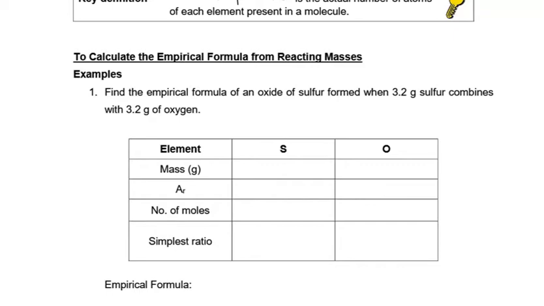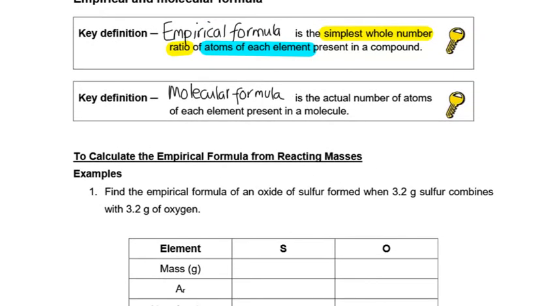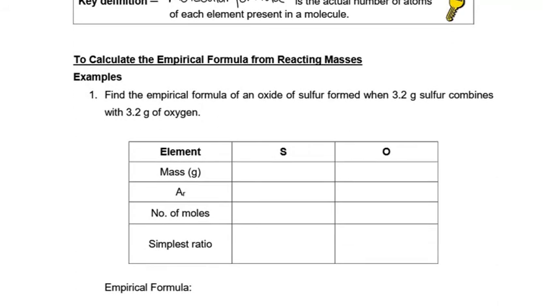In order to calculate empirical formula, to calculate the simplest whole number ratio of atoms, you need to know the ratio of atoms, and to do that in chemistry you need to know number of moles. So we're going to have to calculate the moles of each thing in order to find the ratio. The masses we can't just ratio because different things have different molecular masses, so we need to convert into moles